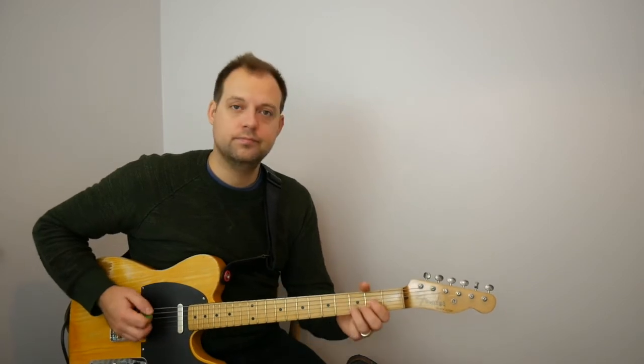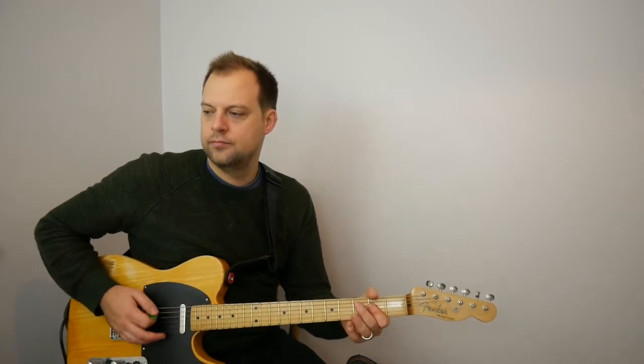Right, the start of the verse, it's the same riff. And we've got these first and second time endings. So you're going to play the riff 4 times, hit the repeat mark, and above the last 2 bars, you've got that repeat, the last 2 bars thing, that funny little symbol we just spoke about. You hit the repeat mark, go back to the start of the verse, play it another 1, 2, 3 times,